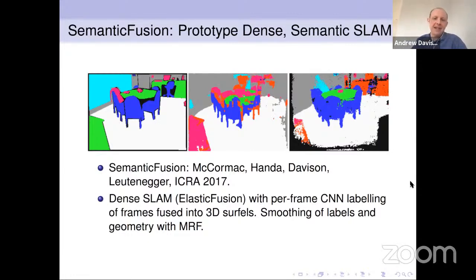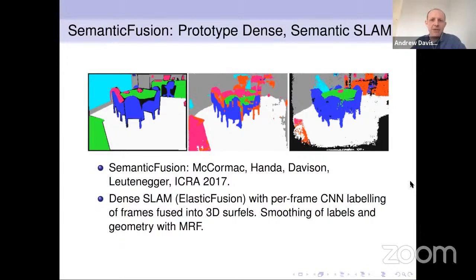So semantic mapping, area of great interest. The first significant work that we tried in that area to try and label a whole scene was semantic fusion, where this is, I would say, a fairly straightforward integration of a neural network which can label images with semantic segmentation.